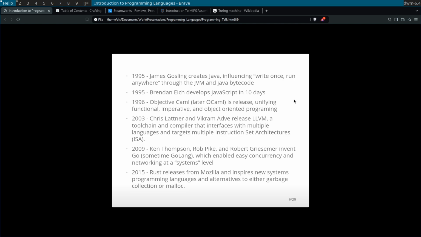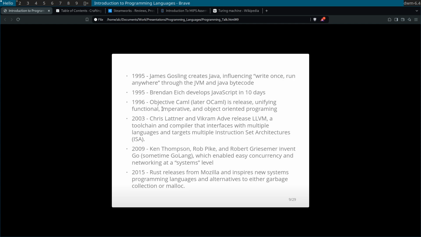Again, in 1995, Brendan Eich develops JavaScript in 10 days, and some people are suffering the consequences of that planned project. But it does also allow for some weird things to happen, which makes the web kind of beautiful like it is today. Beautiful in a lot of weird and quirky ways, so it's kind of a lovable quirkiness.